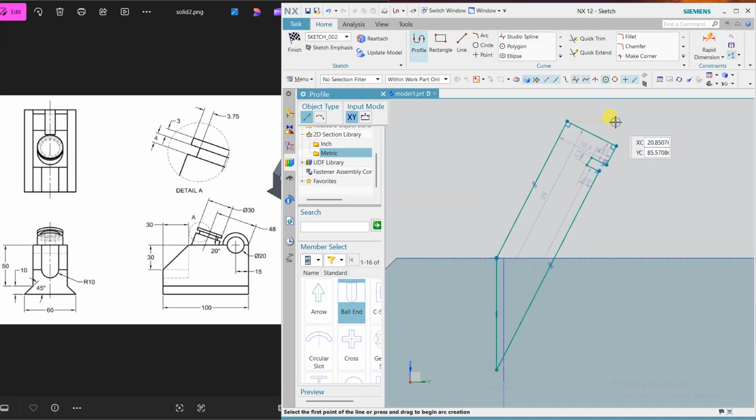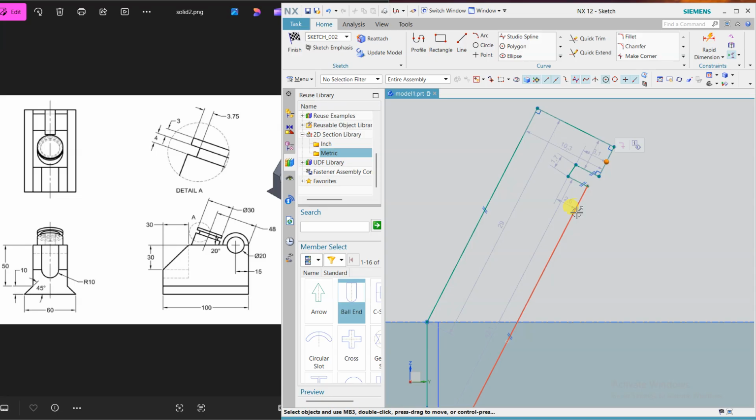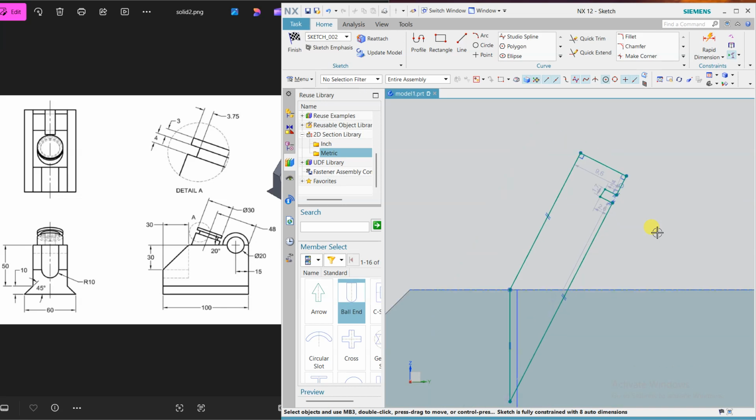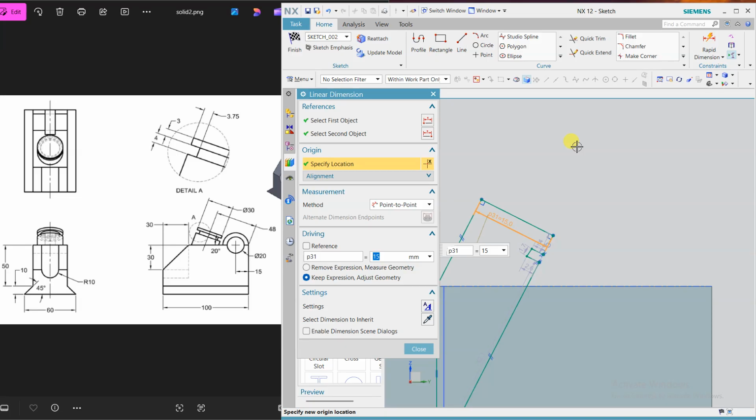Okay, now align these things. Okay, and it is parallel, right? And the distance is 30. So half of 30 will be 15 because I'm creating the half portion.